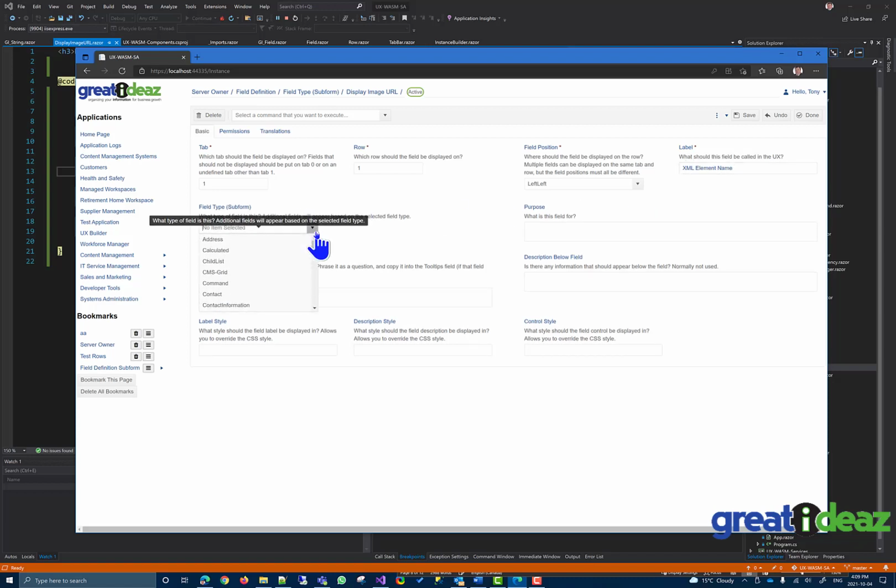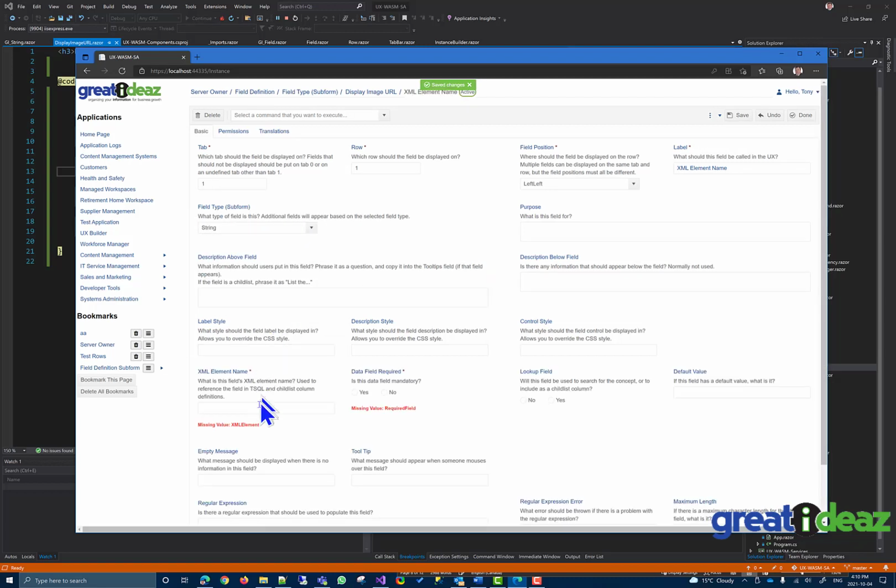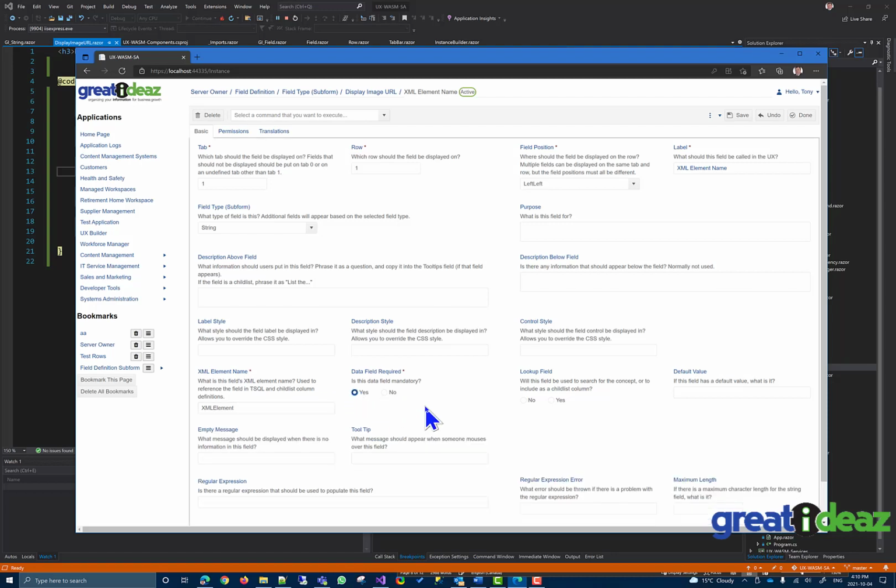And this field will be a string. The reason I'm doing this is that I want to be able to add a new XML element into my record. And it's going to be a mandatory field. So for every field of type display image URL, I absolutely want to know what the URL image name is